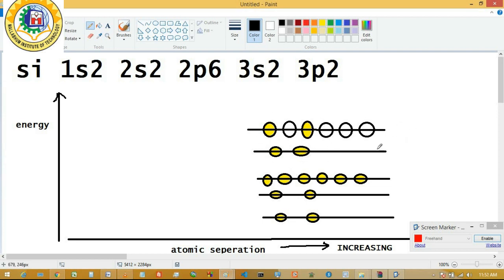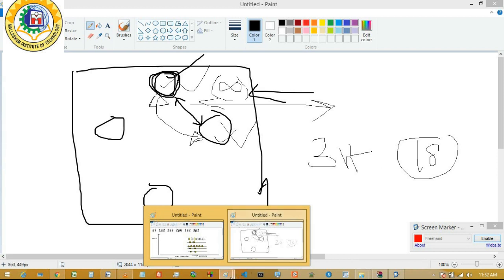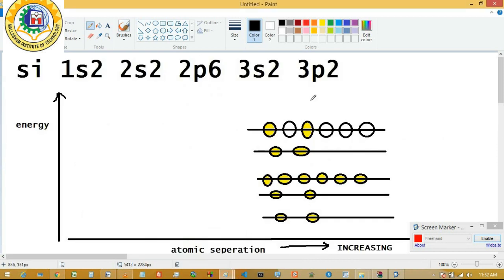Now a different picture comes in the 3p state. I have said that for any atom system, at the outermost shell at most 8 electrons can reside. Theoretically, for principal quantum number 3 the formula is 2n squared, so at most 18 electrons could be available. But this formula does not hold true for the outermost shell electrons, as I have already said. For the outermost shell only 8 electrons are available.